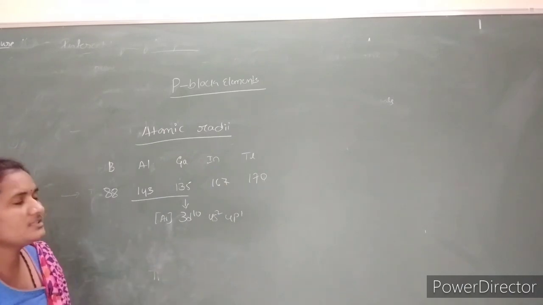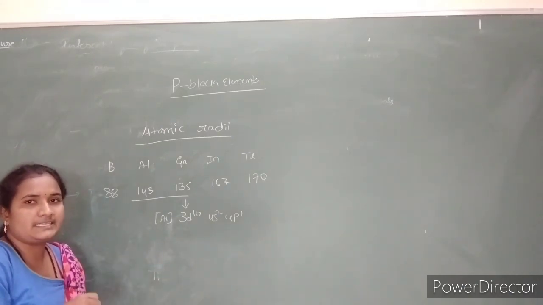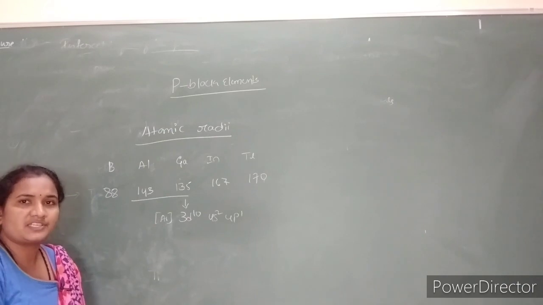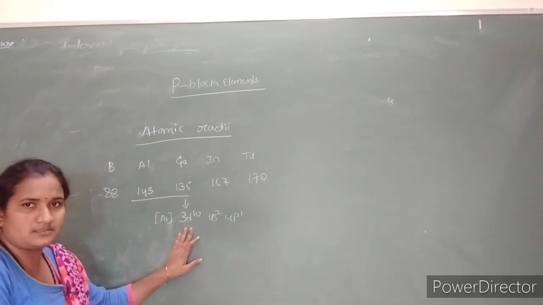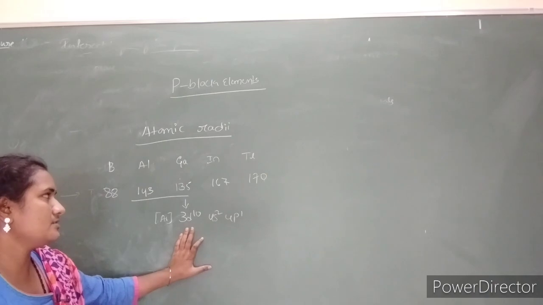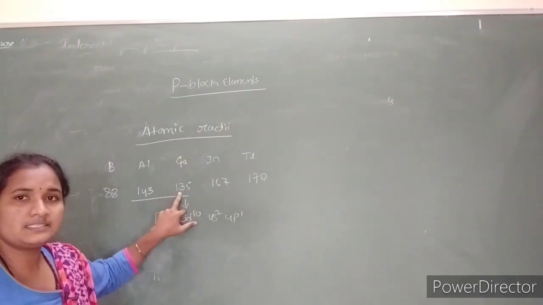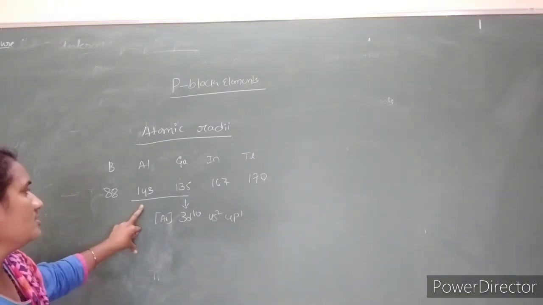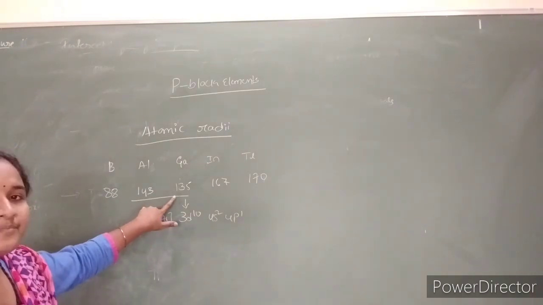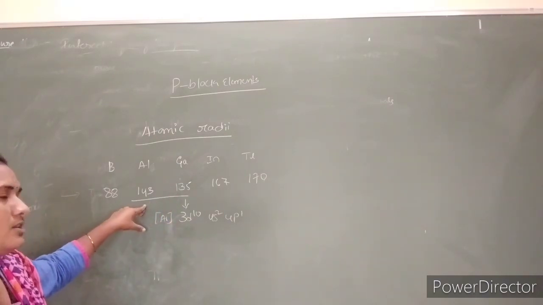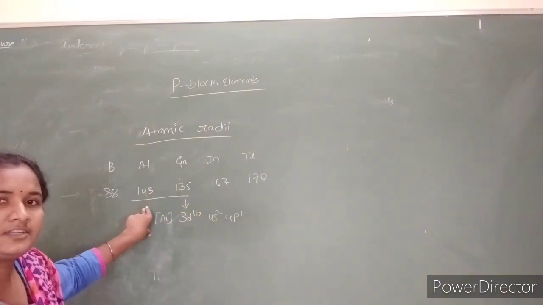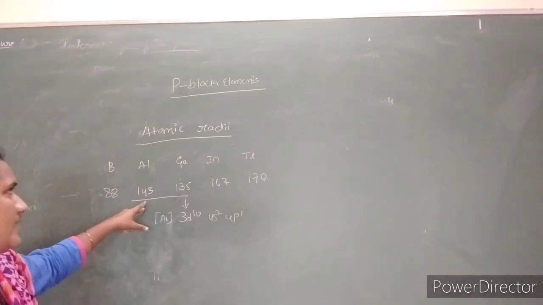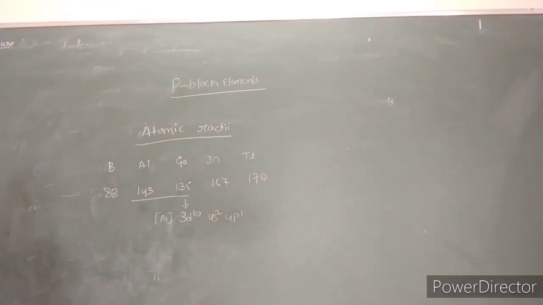Due to the presence of these d10 electrons, they screen the nucleus. As a result, the atomic radius decreases due to the screening effect of these inner core d10 electrons. It shows a smaller atomic radius compared to aluminium. So aluminium exhibits a larger atomic radius than gallium, because aluminium has no d electrons in its electronic configuration. That's why the atomic radius differs between aluminium and gallium.